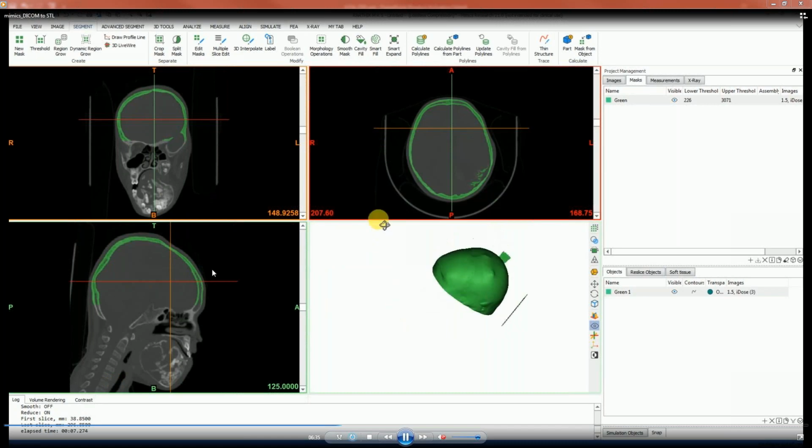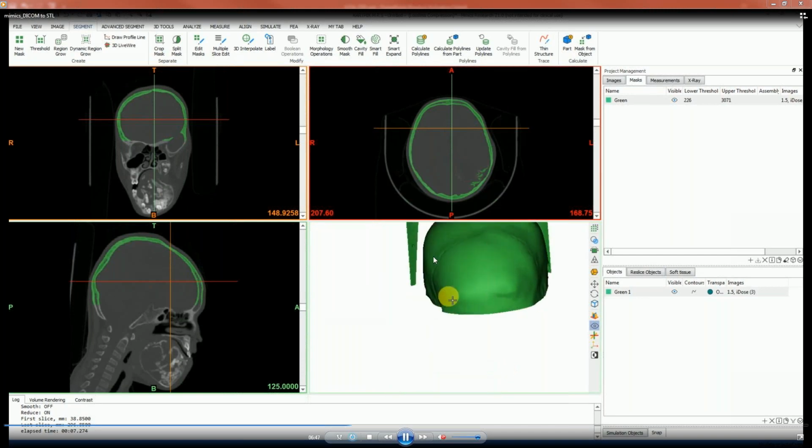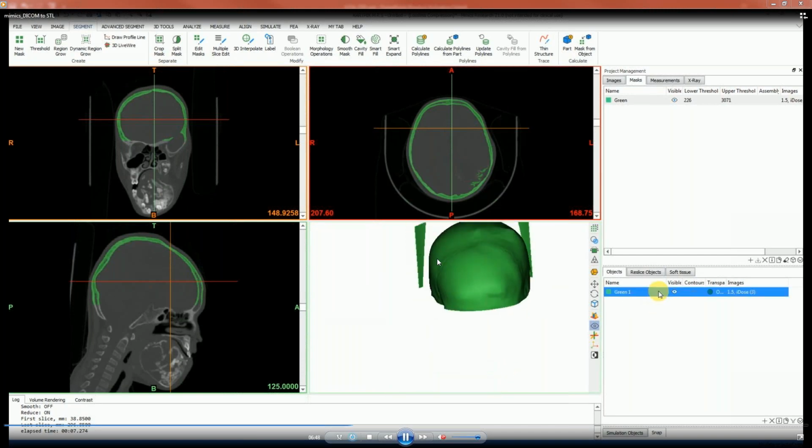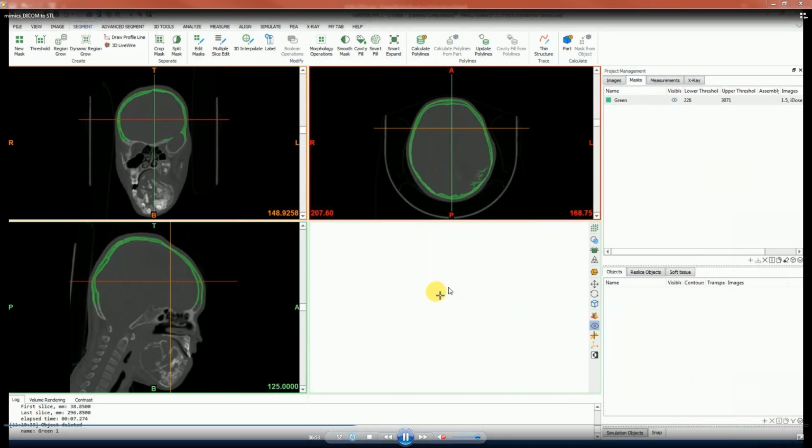So my interest area is the cranium. Then I need not access this remaining portion. I can access this much only. So it is highlighted here and then I can work on it. Like if a head injury is there, some person got injured here, then I may design the template for it. Okay. So this is about crop mask.